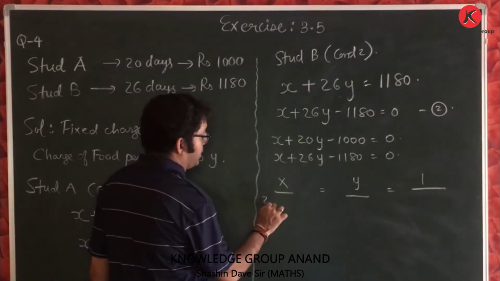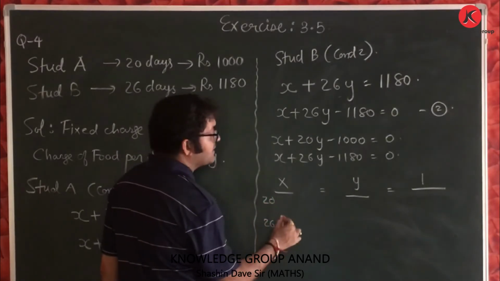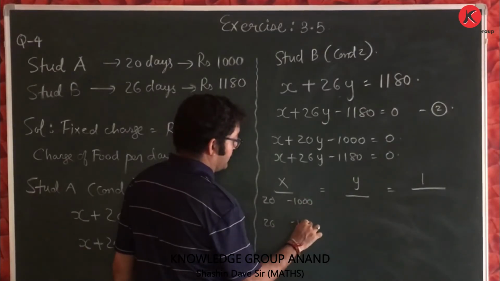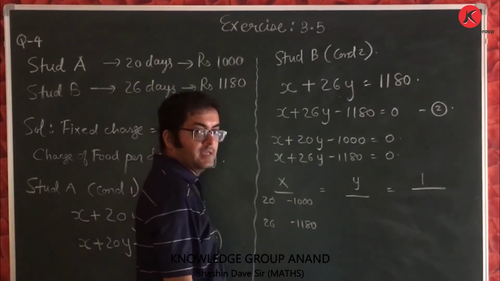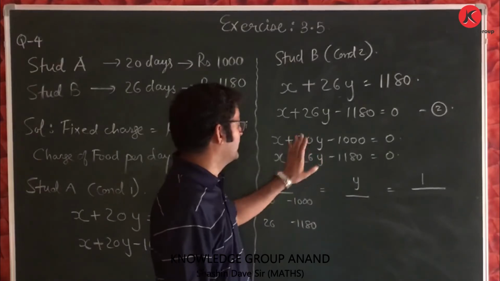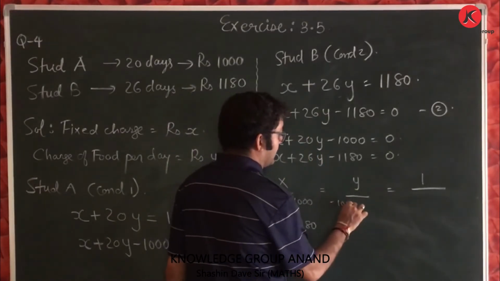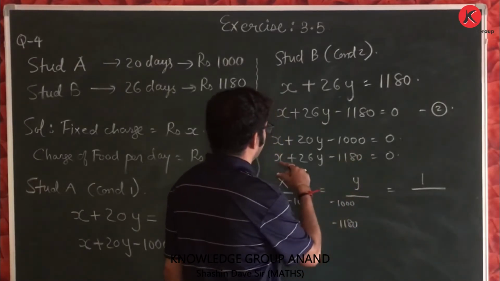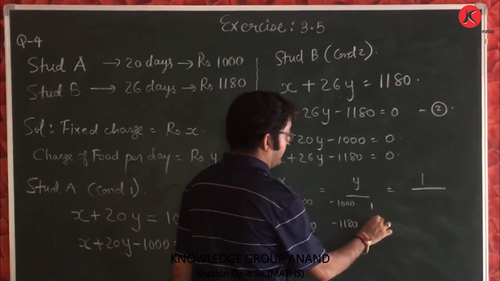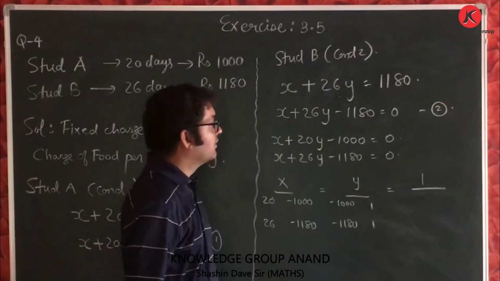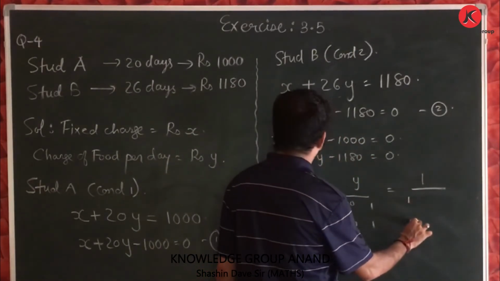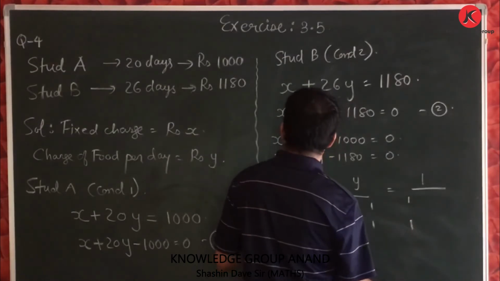So I will write here 20 and 26. Here I will write minus 1000 and minus 1180. Similarly, below y, I will have minus 1000 and minus 1180, and the coefficients of x, which are 1 and 1. Here, below the constant term, we will have 1, 1, and